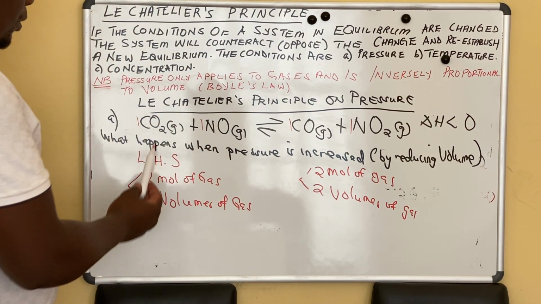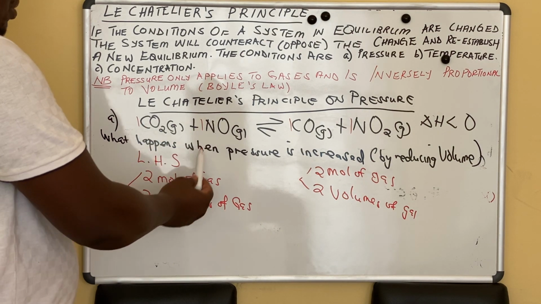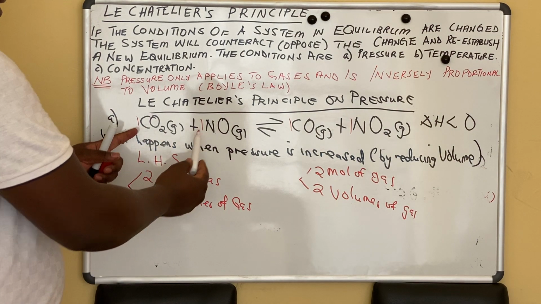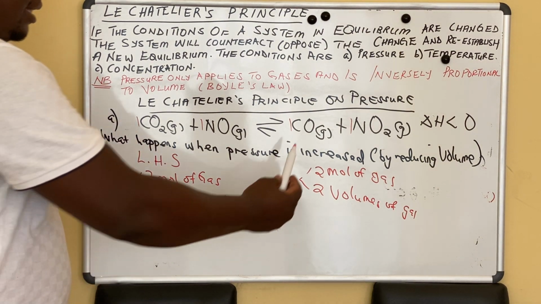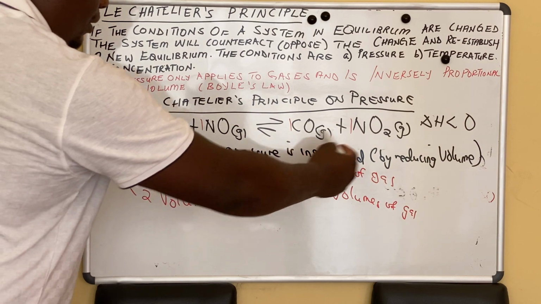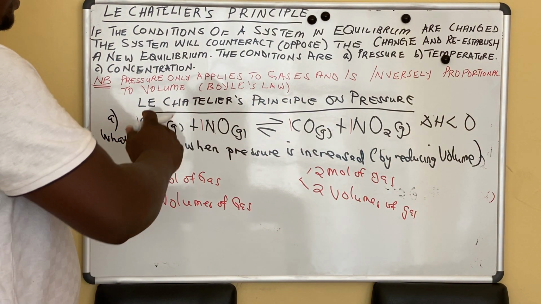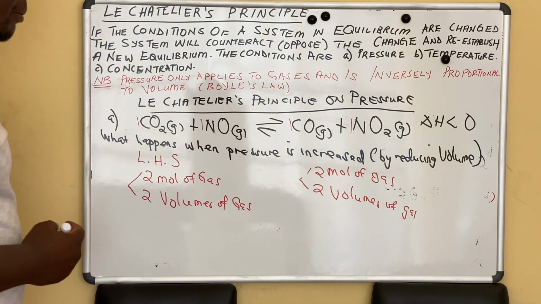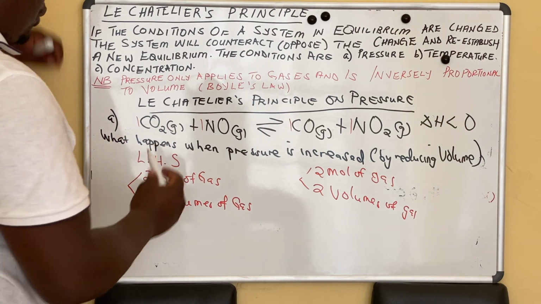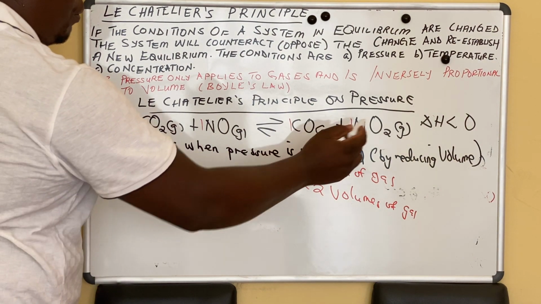We are saying we have 2 volumes because here, this is 1 mole of carbon dioxide plus 1 mole of nitrogen monoxide. So when I add the 2, I get 2 moles of gas. And then here, I have also 2 moles of gas. Remember, pressure only applies to gases. So whenever we talk about pressure, it means we are referring to gases. So I have 2 moles of gas on the left hand side, and I have 2 moles of gas on